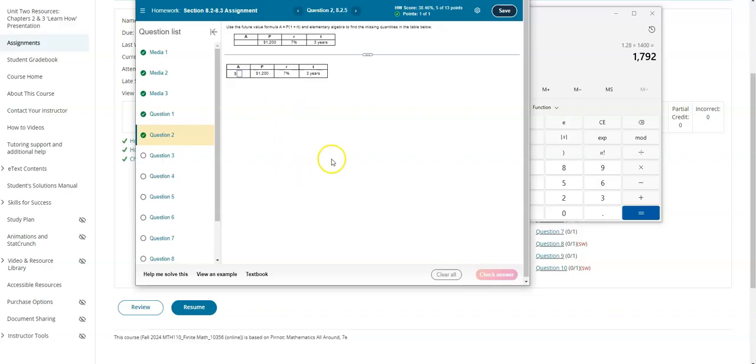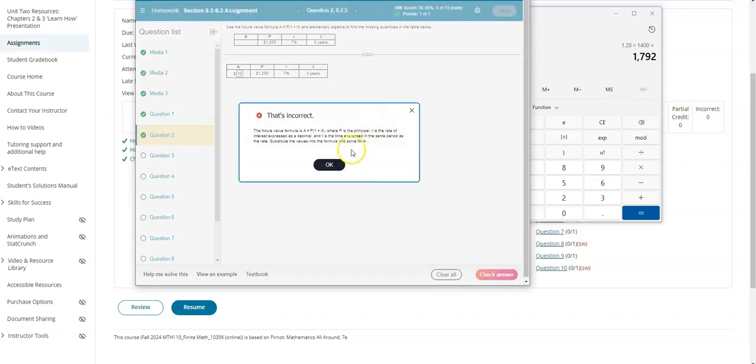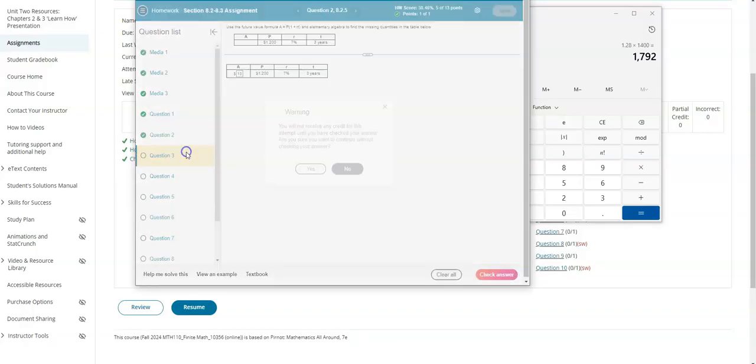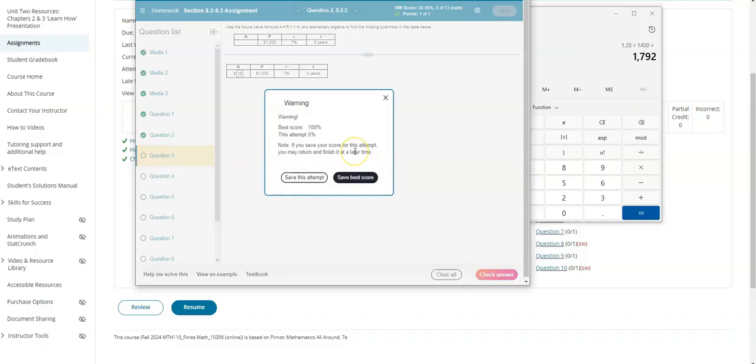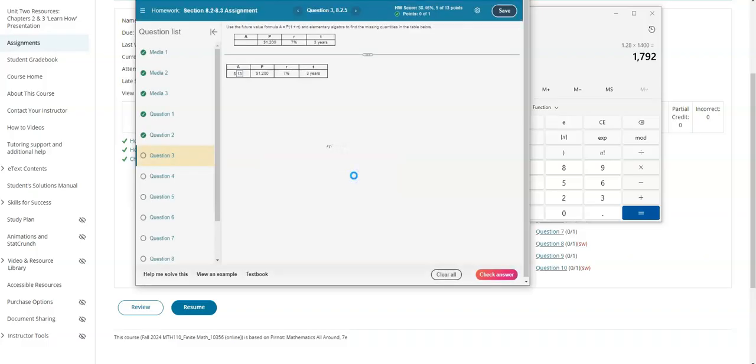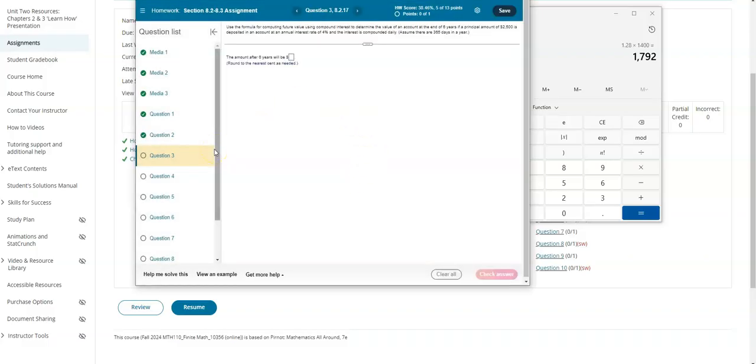So I want to show you all this as well. Let's say that I've answered my number 2 correctly, understand it, but I want to practice a little bit more, and I answer my next one incorrectly. Watch what happens. When I move to another question, it will make sure that I save best score. Because you can never mess up your score if you're using the similar question option, as long as you click Save Best Score. So you can practice as much as you want on those questions without messing up the initial question that you answered correctly. So just to go back,